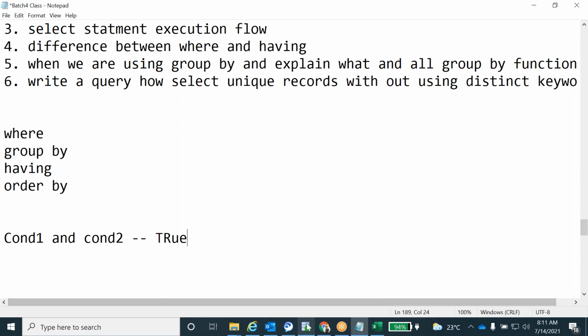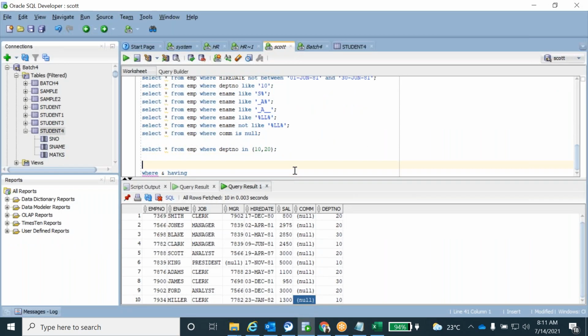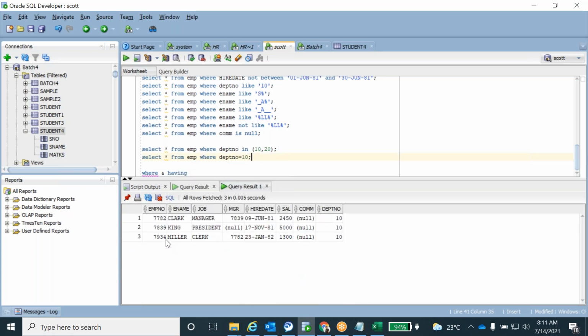We'll see that. For example, I give select star from EMP where department number equal to 10. This is my first condition. Department 10 is my first condition. Is it matching or not? It's matching, that's why it's showing the result.